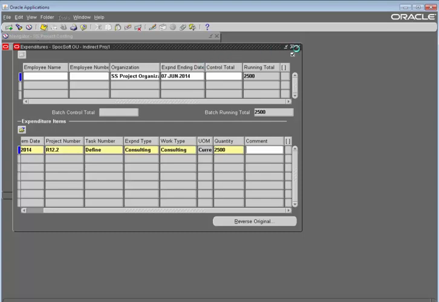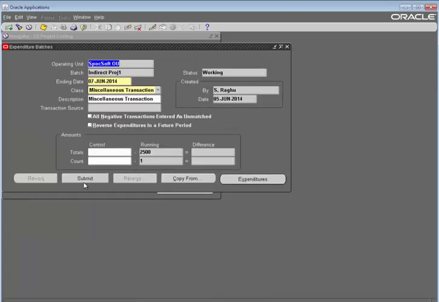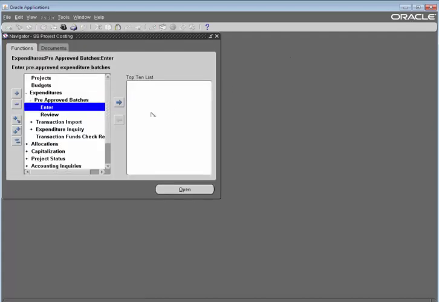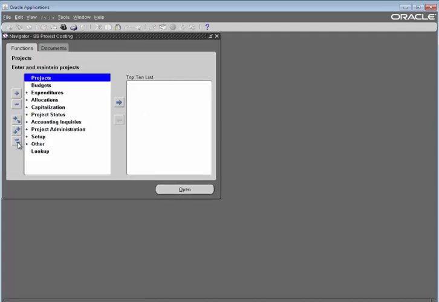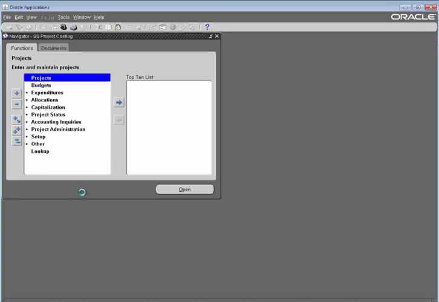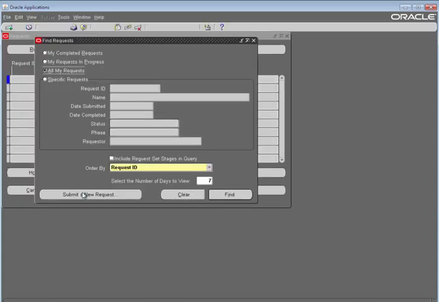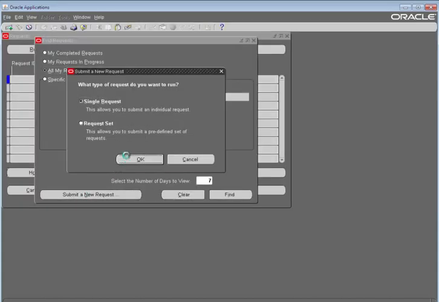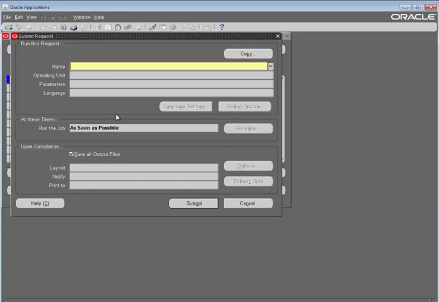Save the records. So it is a two-step process. First we have to submit it, then we have to release it. Now this is ready to distribute the cost. What we have to do is, we have just created a miscellaneous transaction. So go to PRC, distribute miscellaneous cost, or there is a simple one process, PRC,